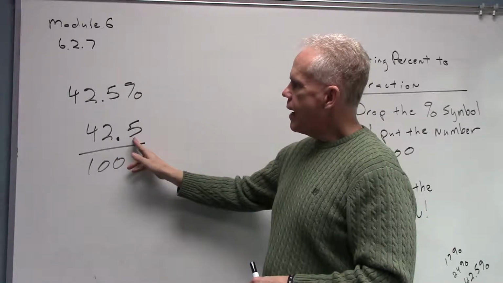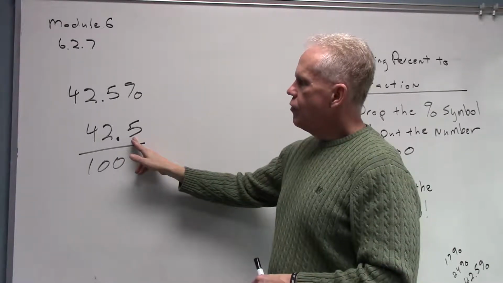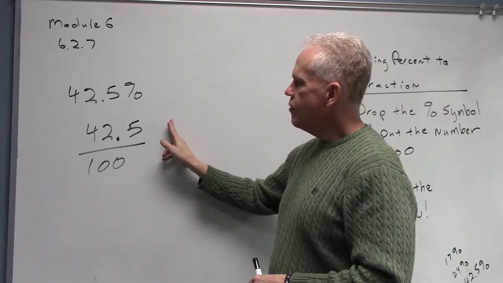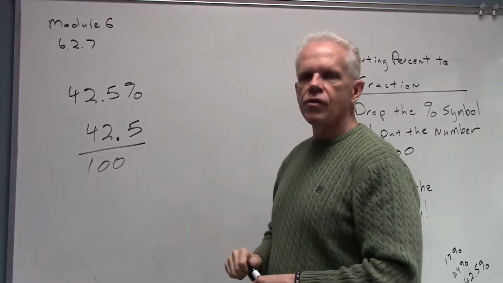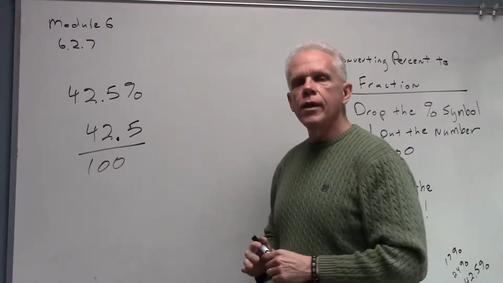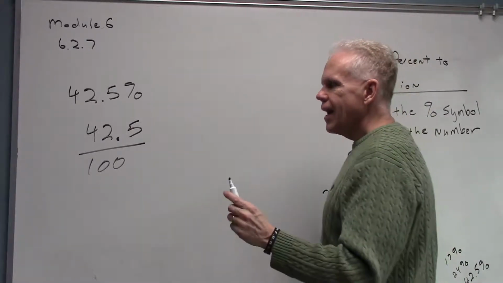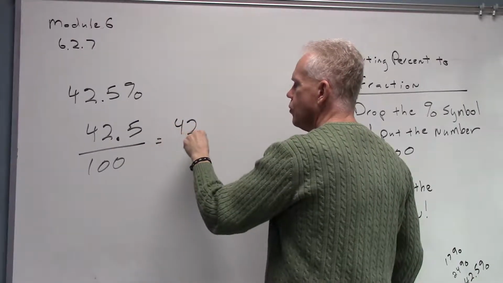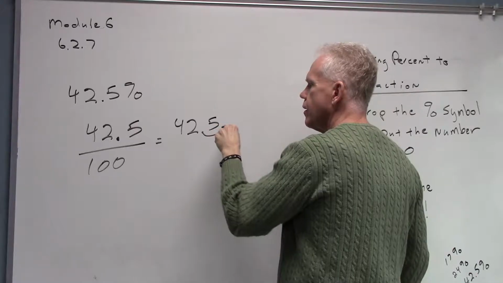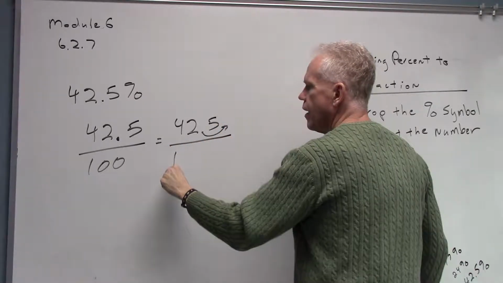Noticing this decimal, it goes out to the tenths. So if I were to multiply the top by 10, that would knock out the decimal, and multiply the bottom by 10, that would also knock out the decimal. A simpler way, though, a little quicker, is to say, hey, you know what? I'm just going to move the decimal in this 42.5. I'm going to move it right down here to the end,